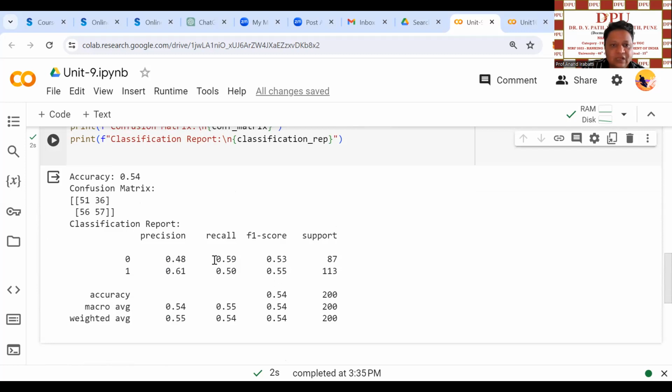With this, we come to the end of unit number 9, that is predictive analytics. Now we move on to the next unit, unit number 10, social networking. I hope that you have understood this example, and I will share this Google Colab page